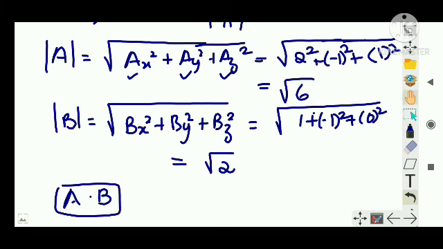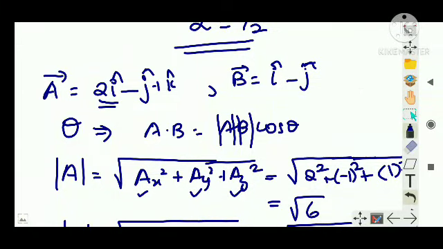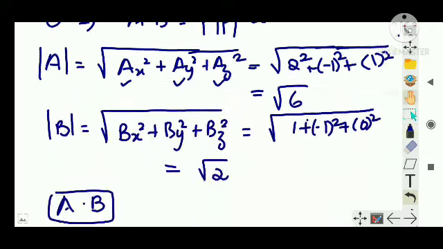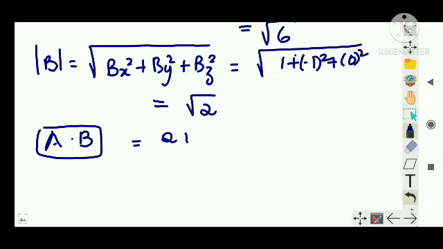Let's move on to this one question itself. You just have to find the dot product, that is 2 into 1, right? Then J value is minus 1 into minus 1, right? So 2 plus 1, that is you will get 3. Here there is a K value, right? But there is no K factor here. That means here K's coordinate is 0. 0 into 1 is 0. Clear? Similarly, so I can write A dot B is equal to 2 plus 1, that is 3. That is, you just multiply I term with I and J term with J.